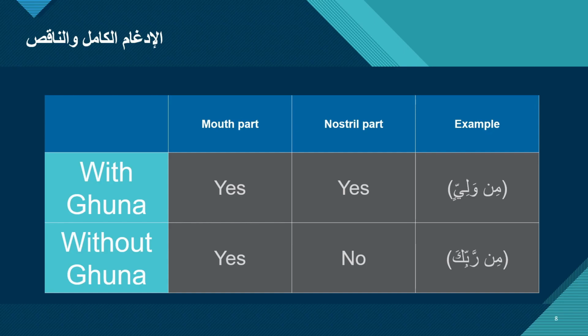This is why it's called الإدغام الكامل. And the other one, like من ولي, is called الإدغام الناقص, deficient إدغام, or lesser إدغام. Because even though we combine the noon with the waw, it becomes waw مشددة, but there's still غنة there, which means there's still traces of the noon there. So that's why it's called إدغام ناقص, deficient إدغام.